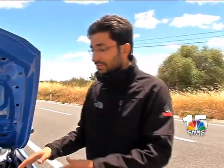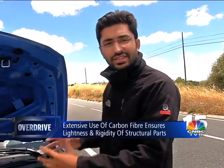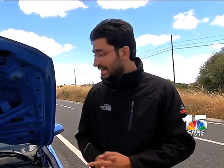Here you can see some more use of carbon fiber. This carbon fiber strut brace that links the engine to the subframe gives a lot of rigidity to the engine bay area. What BMW have also done is they've bolted the subframe directly to the unibody as well, so that makes the chassis a whole lot stiffer, and this should translate into good driving feel. Speaking of which,